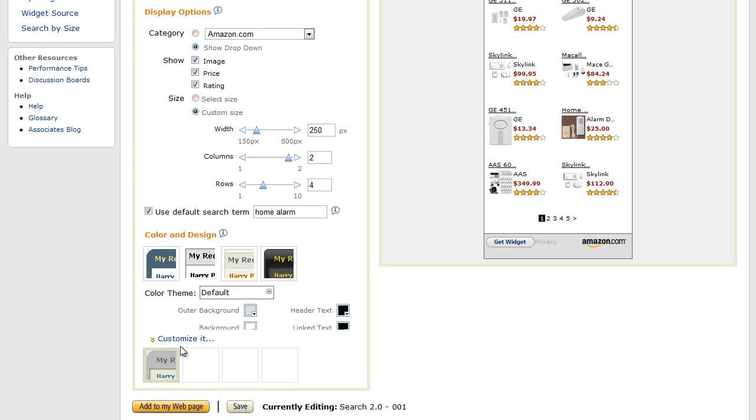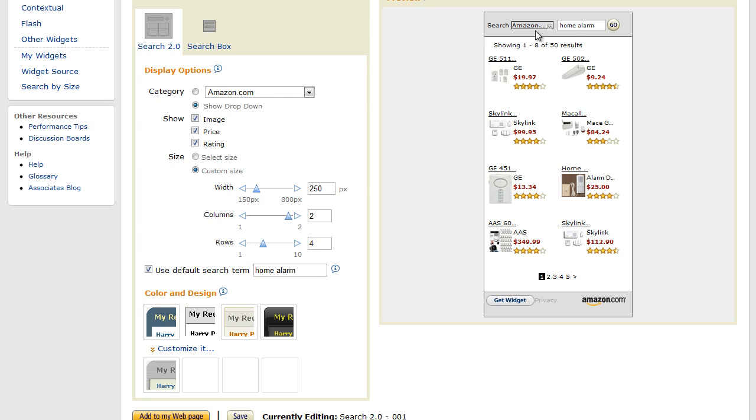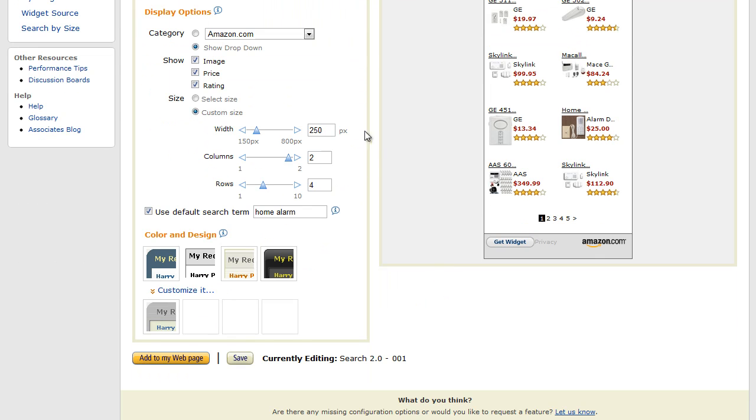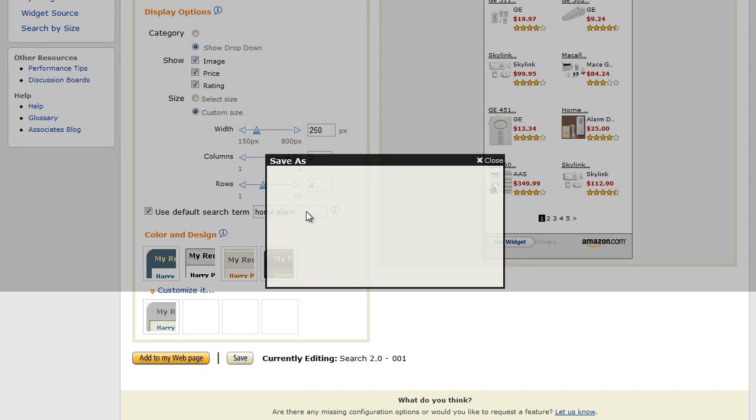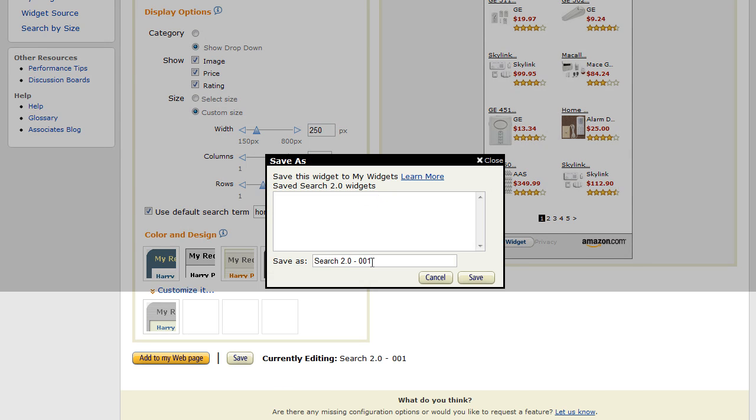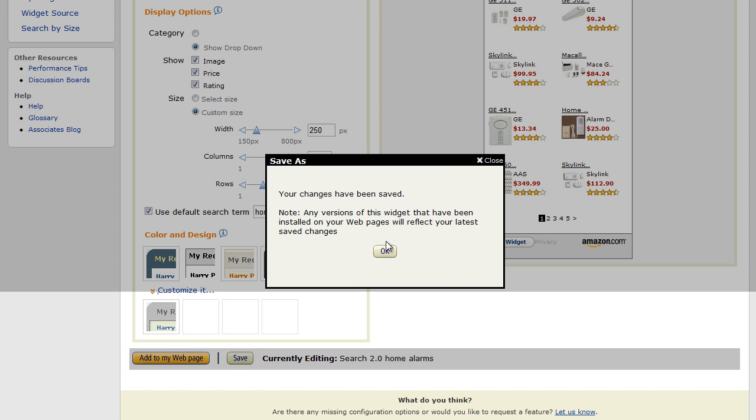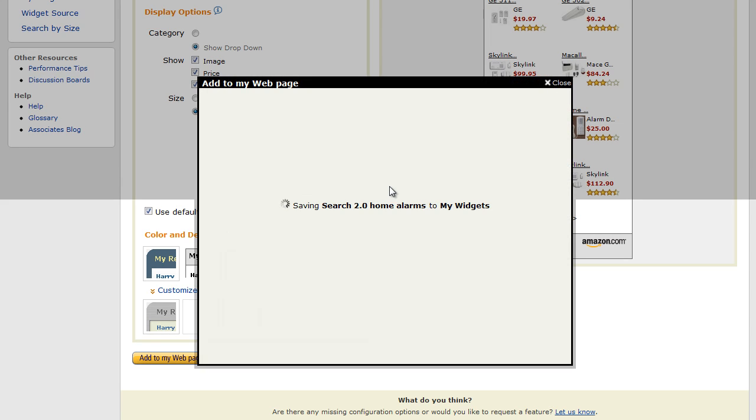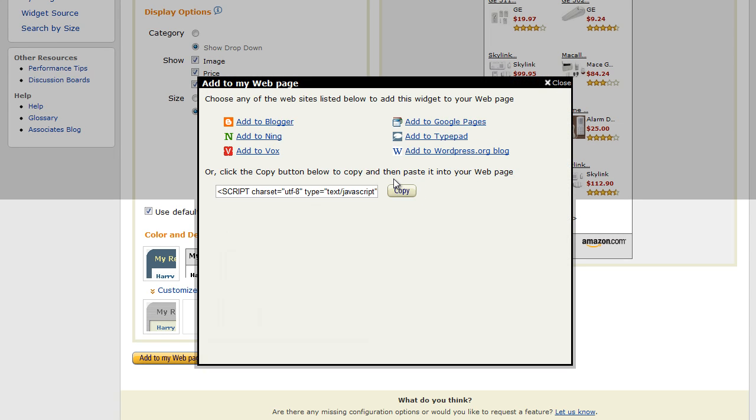So feel free to play around with those if you need to get that to suit your particular theme. Okay, once you've got it to the way you want, click on save and give it a name. I'm going to call this search 2.0 home alarms, so I actually know what keyword we're targeting with that. So click on save, click OK,